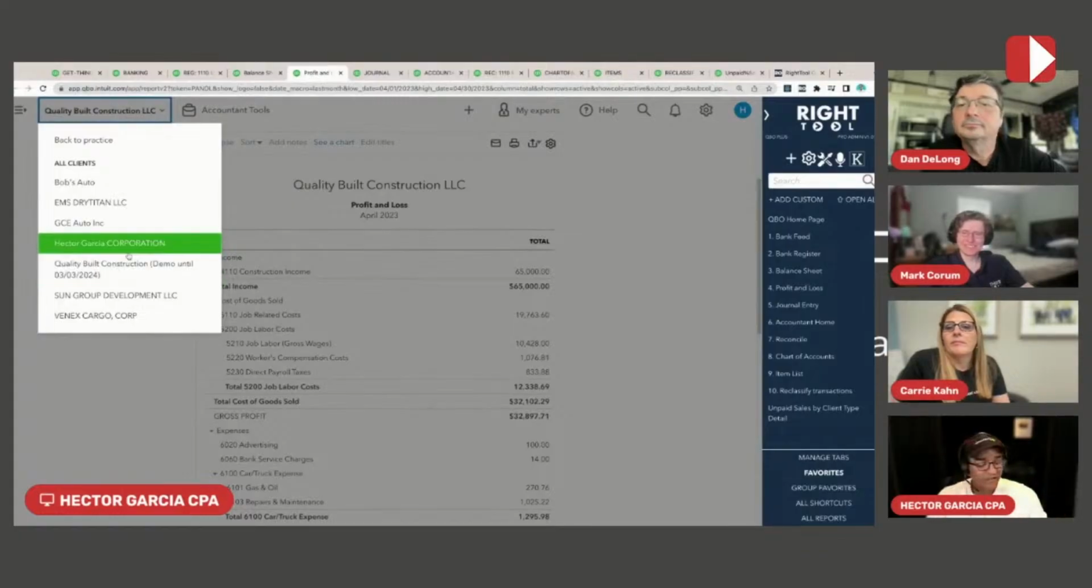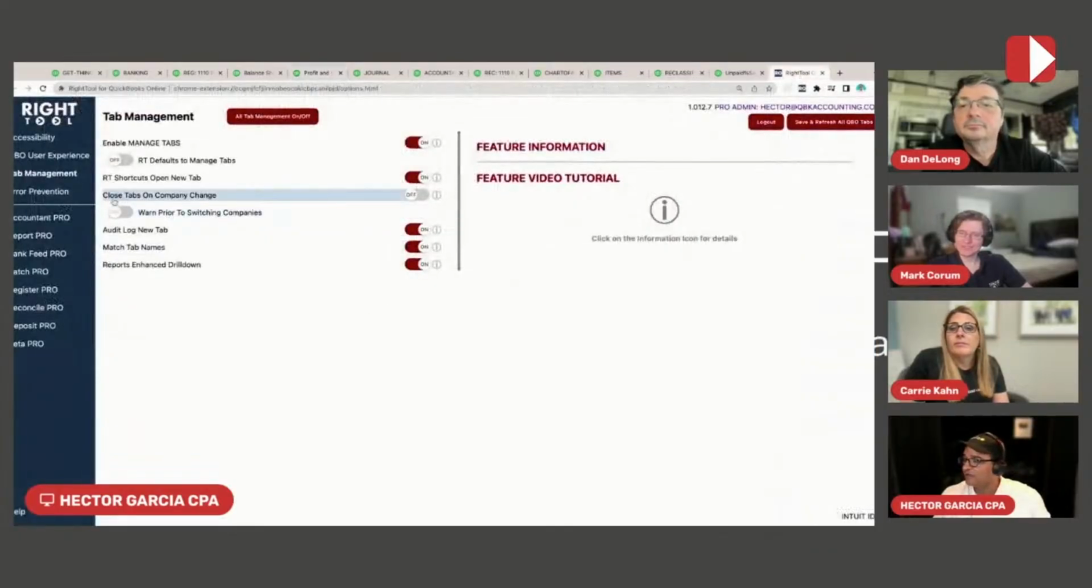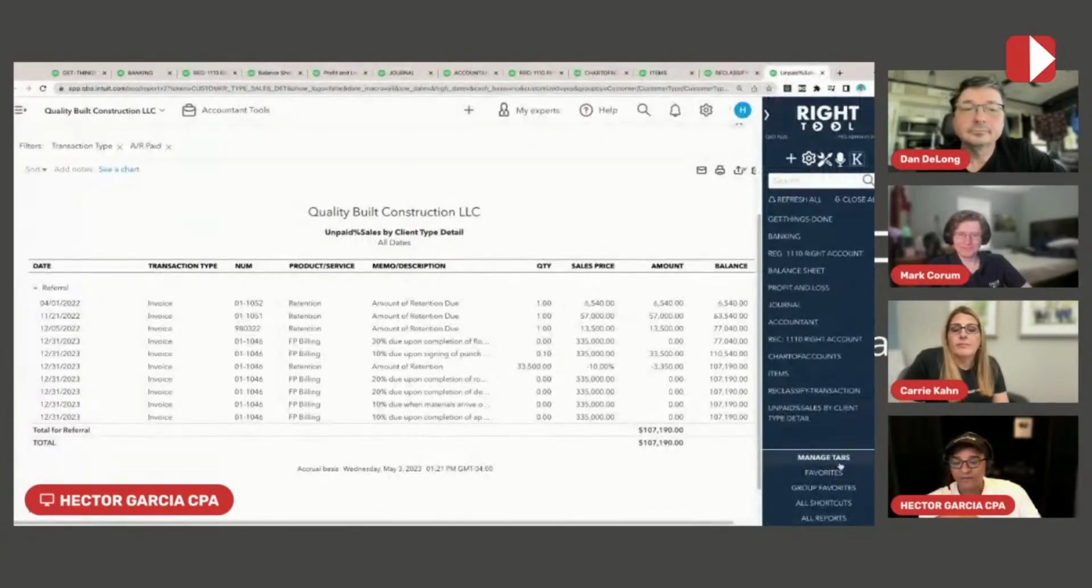So if you switch to any client and you have multiple tabs, RightTool knows to go out there and do a batch refresh of all the tabs. If you don't like that, that's okay. You can click this button that says Close Tabs prior to company change, and you can even give it a warning. So when you do switch, all the tabs close automatically. I think Mark did show you that the first time, how all the tabs close automatically. But the really nifty thing about this is